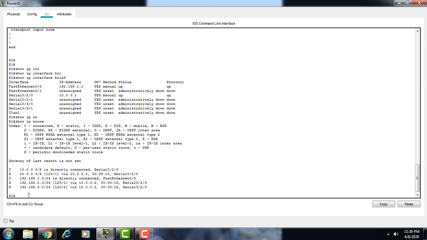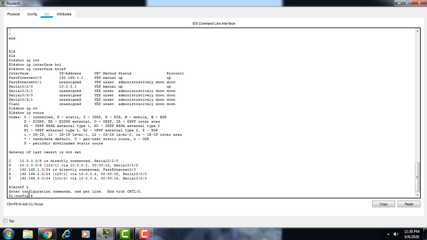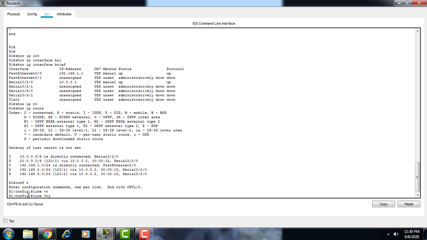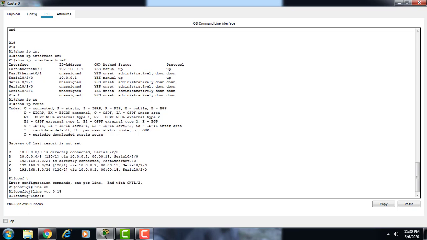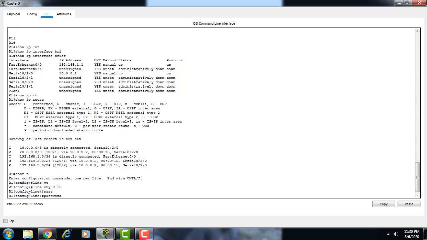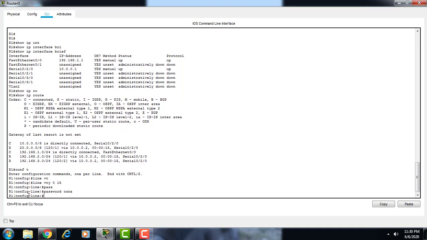Now let's start the configuration of SSH. First of all we give the command line vty 0 50, similarly to Telnet. The Telnet password is similarly CCNA.